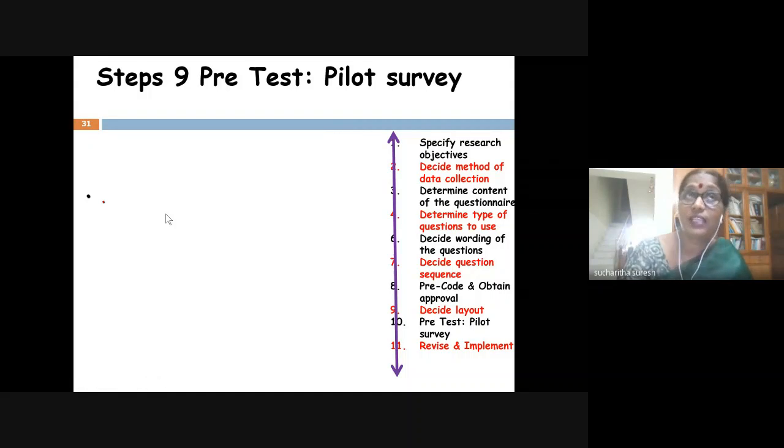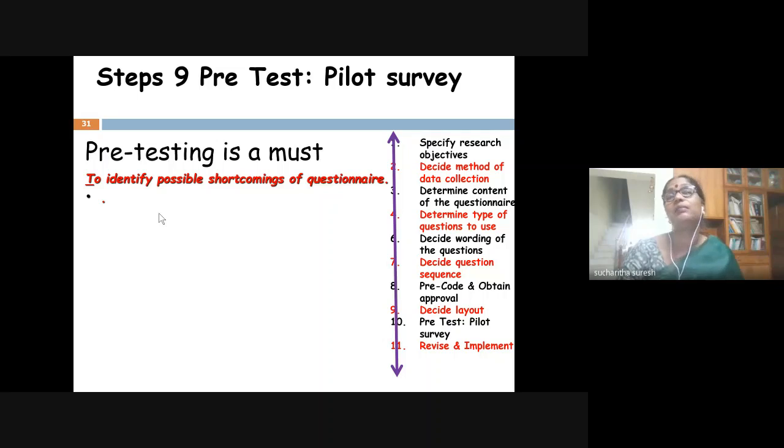Once you prepare the final questionnaire... no, it is not yet finalized. Okay. But from your part, it is finalized. Pre-testing is important. Pre-testing means you are giving...